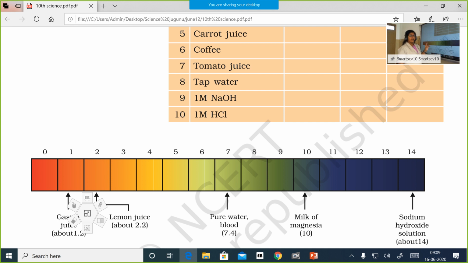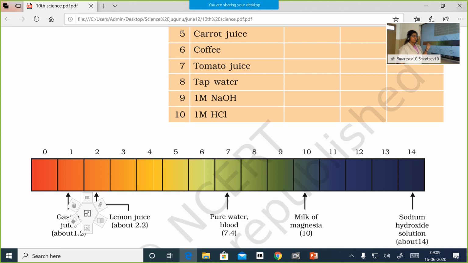So, we can identify whether a solution is a strong acid, otherwise whether it's a weak acid, otherwise whether the given solution is a strong base, otherwise whether it's a weak base by using pH paper. As I told you earlier, this is an experiment included in a laboratory manual. You'll be given different solutions and asked to find the pH value of it. So the procedure is, you have to take pH paper strips. We have pH paper strips here in our lab.